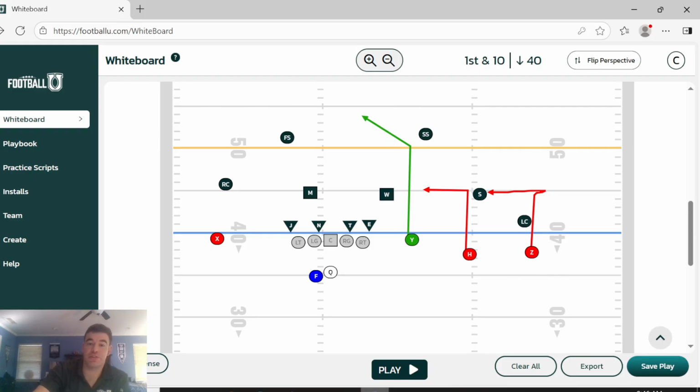A couple of coverages to watch out for when you're going with this knife concept right here. The first is what I call stubby, which is a quarters variation, really like match quarters, right? Where these guys are matching the route distribution very hard, playing it almost like man-to-man once they hit a certain depth. If this safety is in position to be able to drive on this number 3 and your receiver's not going to be able to cross-face on the safety,